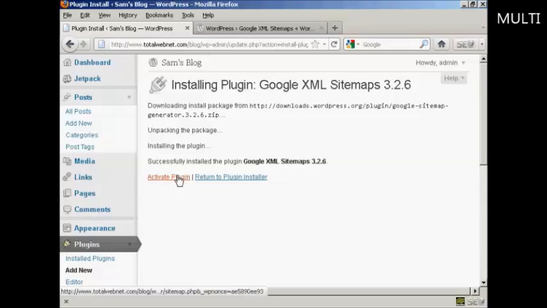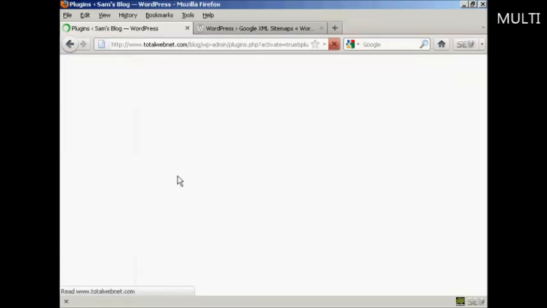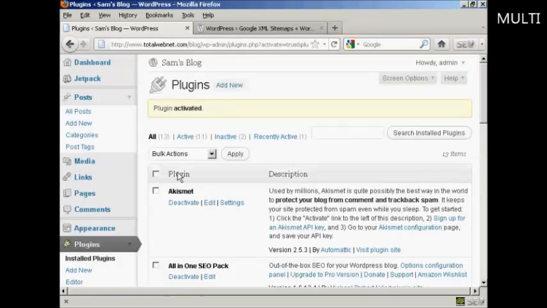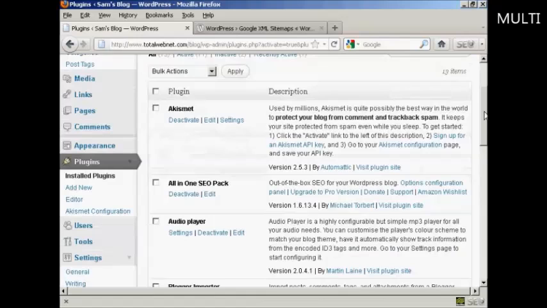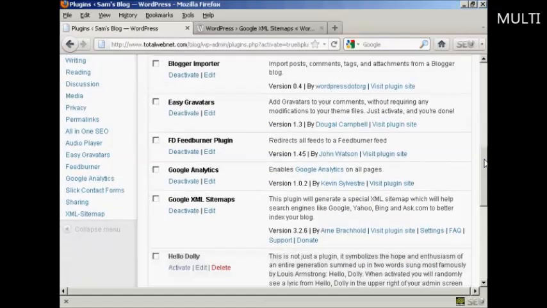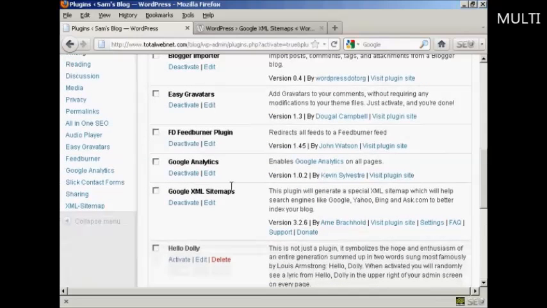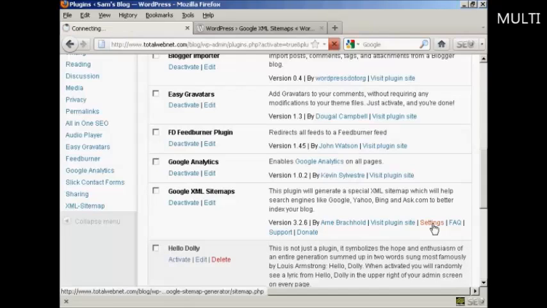So I'm going to click here to activate the plugin. And there we go, the plugin is activated. Now I need to configure it. So if I come down here to Google XML Sitemaps and then come here to settings,